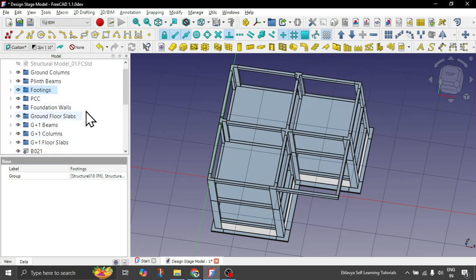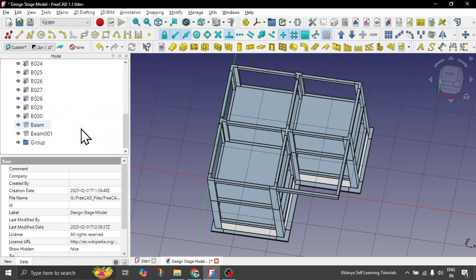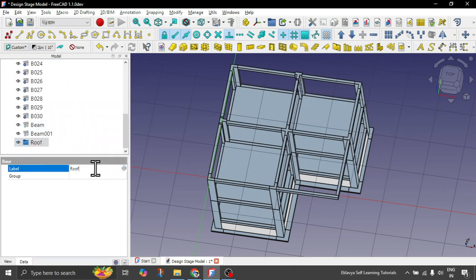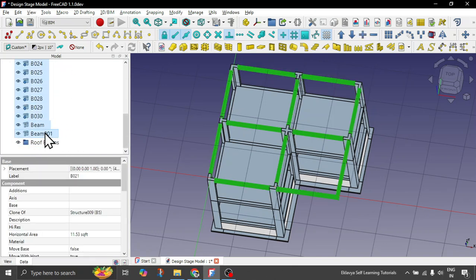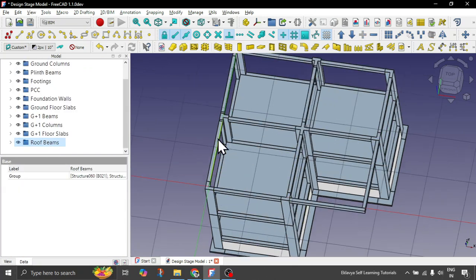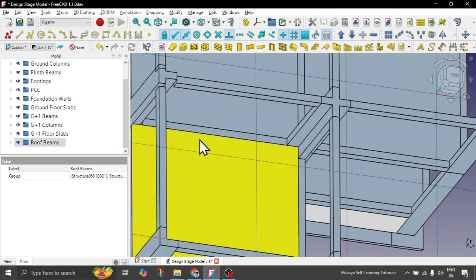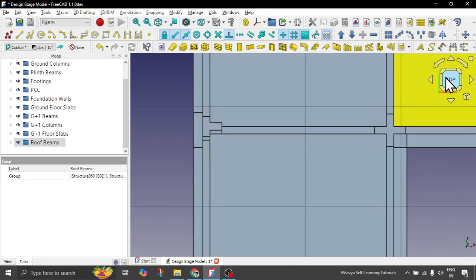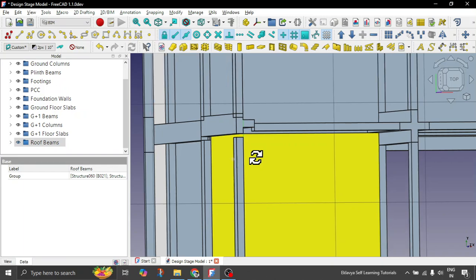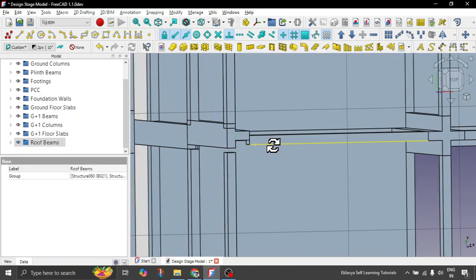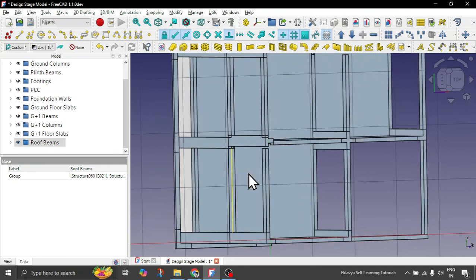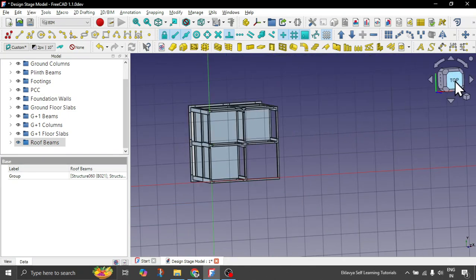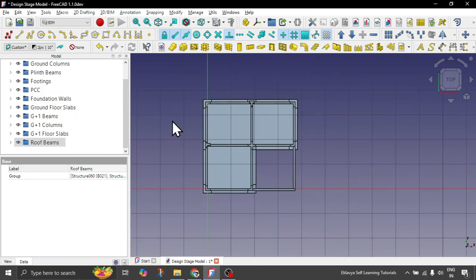So you can say this as, let's create a new group here, rename it as roof beams, and let's move these beams to this group. These beams are slightly distorted. Okay, no issues, we'll adjust. I think when we were creating them they got little bit mishandled. No issues. Creating for the top roof, how you can do is basically